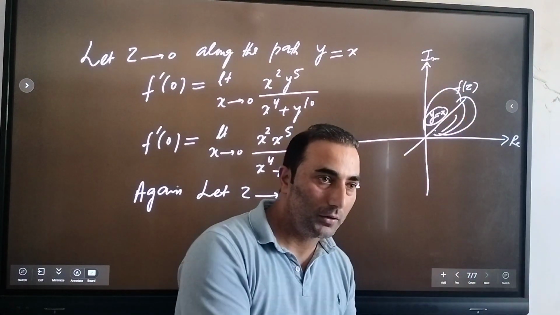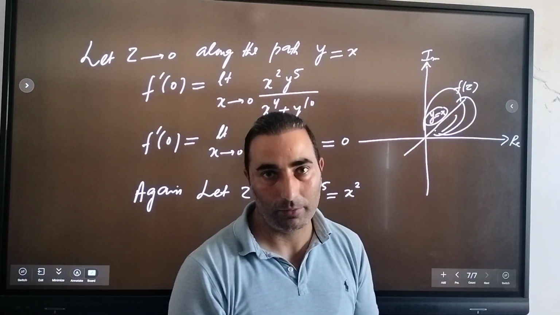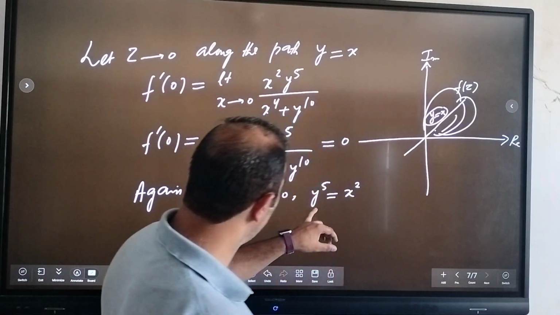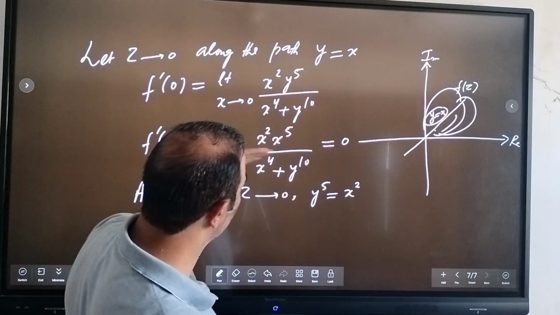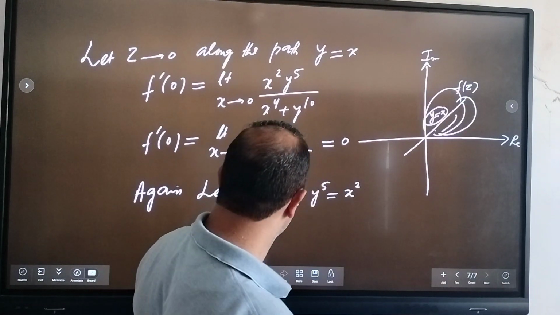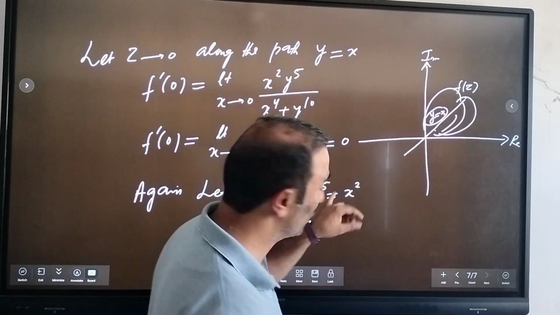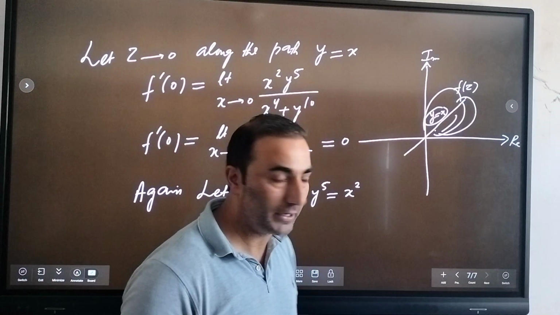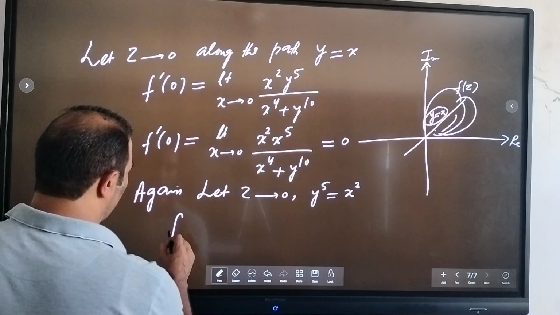So I'm choosing different paths and checking the differentiability of a function, right? The first case was this, and here f dash of 0 is equal to 0. But the second case is when you put z tends to 0, but x square equal to y raised to power 5, right? So in that case, our f dash of 0 will be equal to